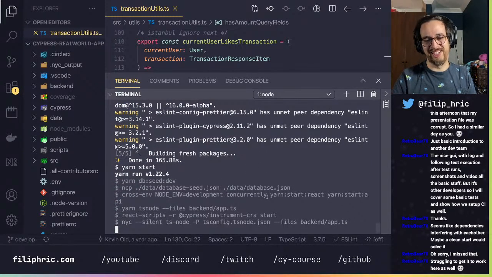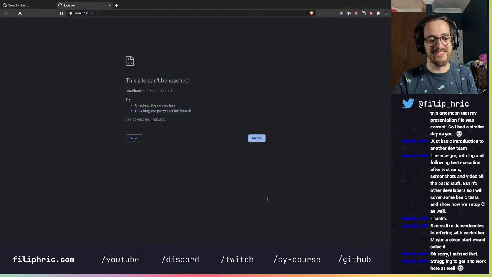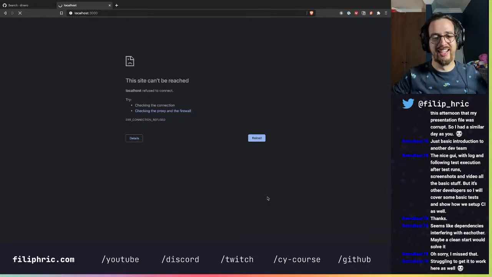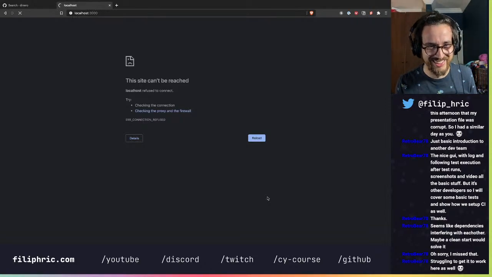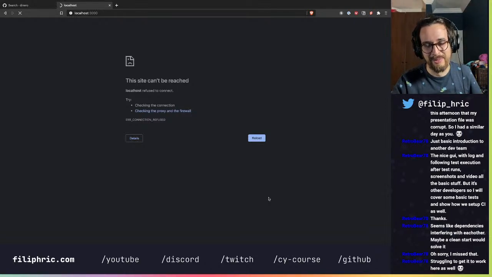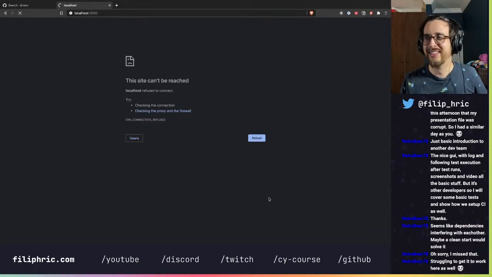Okay, yarn start. Let's see what's going to happen. If it's going to throw the same error, I'm just going to end this right here. But at this point, even if it works, I try to keep these streams to about 1 hour. We have already been going almost an hour, if I don't count the part before where my sound didn't work.